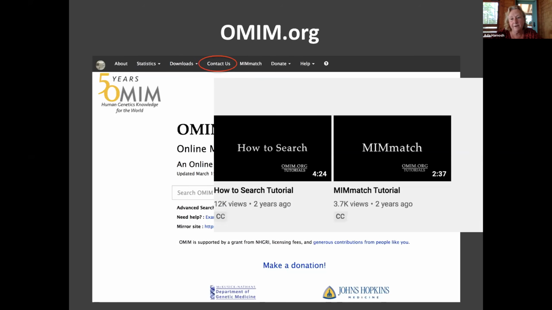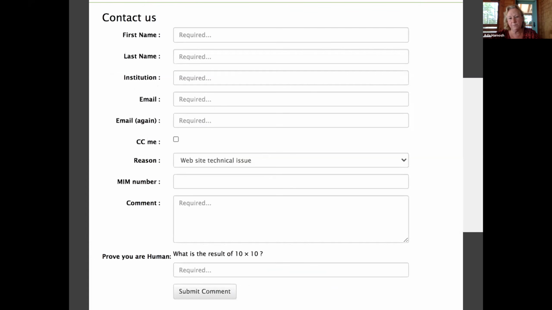If you see a problem, an error, have a question, whatever, the Contact Us button is on the top of every page in omim.org. If you're on any page, in any entry, and you see something you think is wrong, or you read a paper that you think we need to add, just open Contact Us and fill in your information.